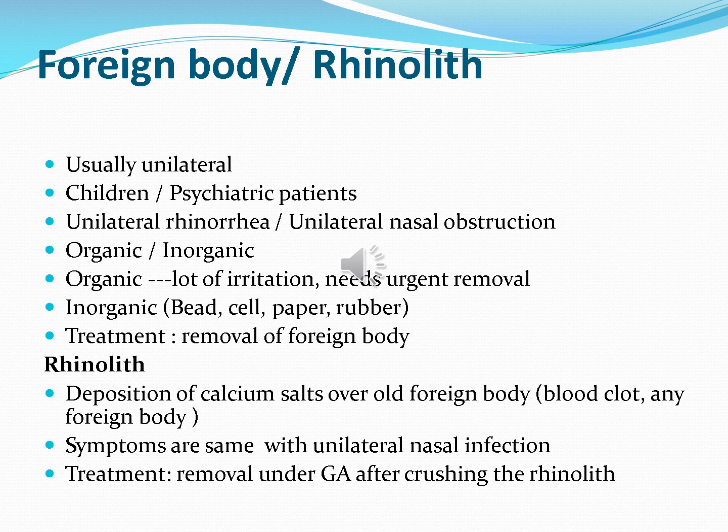Now another important condition is foreign body nose leading to formation of rhinolith. You might get a scenario from this foreign body nose, and the foreign body can be organic or inorganic. Organic foreign bodies are more dangerous as compared to inorganic foreign bodies, because organic foreign bodies means peas, corn, and peanut, and they will cause a lot of inflammation inside the nose. Patient might have epistaxis due to this inflammation.